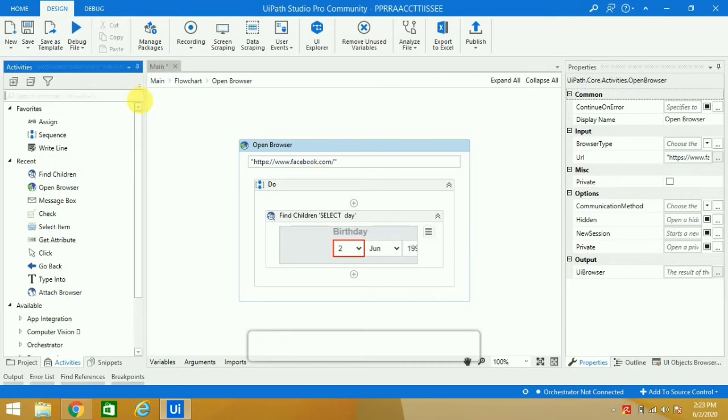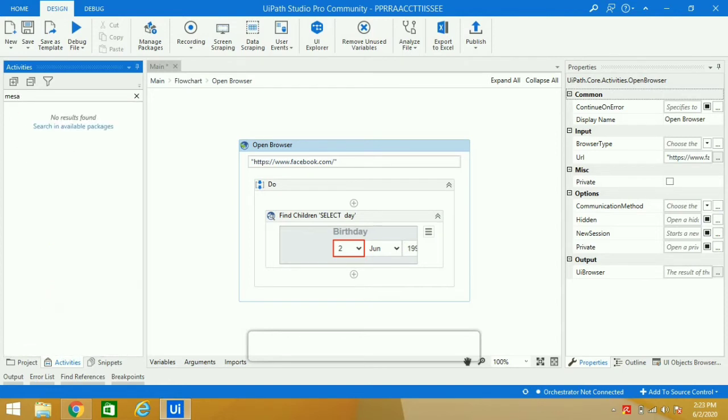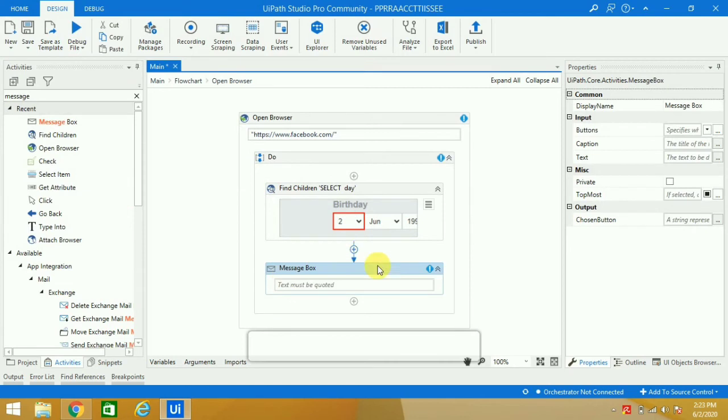Now, to check whether our activity is giving us the correct result or not, I'll take the message box activity to see whether this robot is created properly. Here I will give the reference of the variable which I just created.